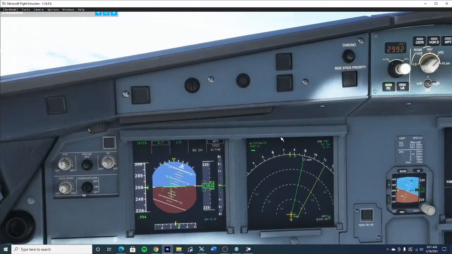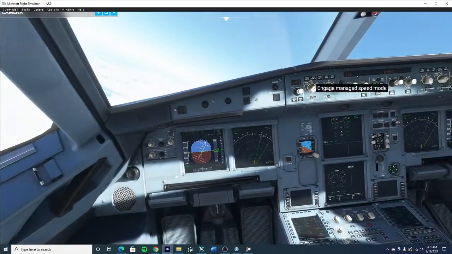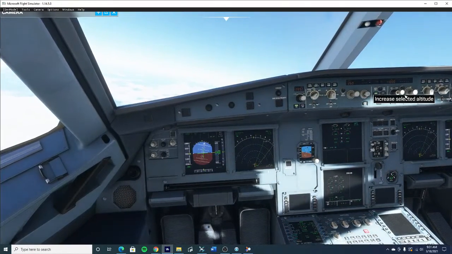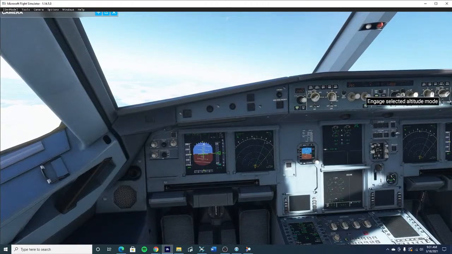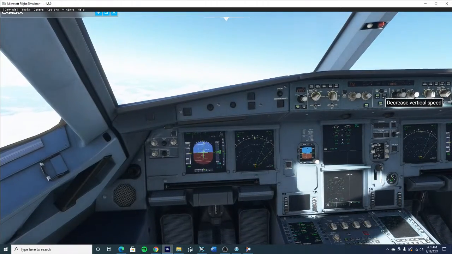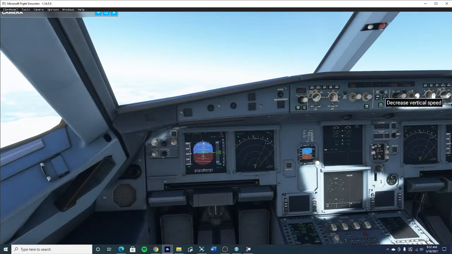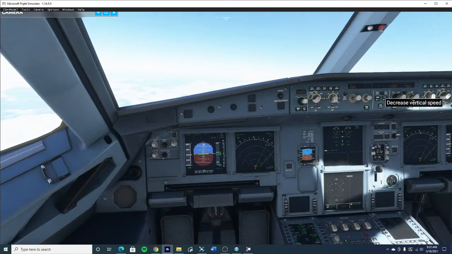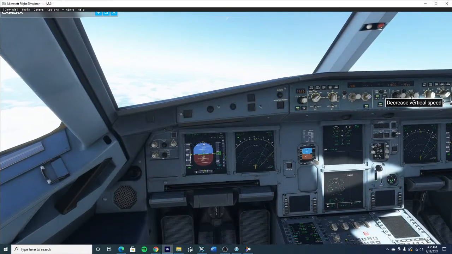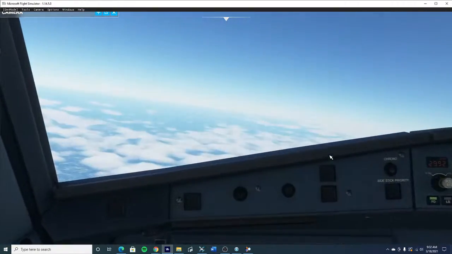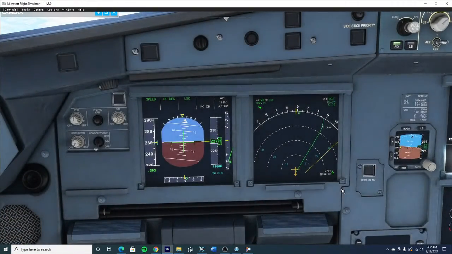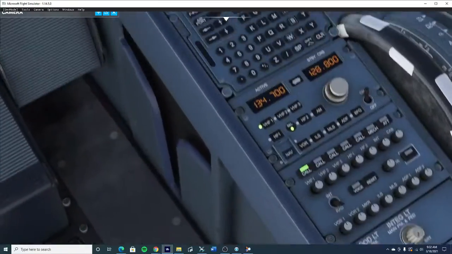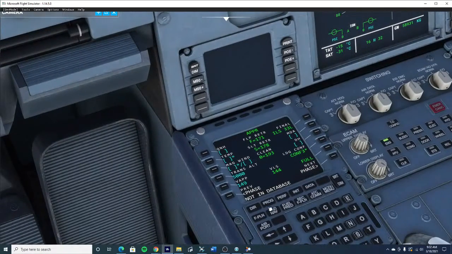Delta 627, proceed direct to Page. Direct to Page, Delta 627. Welcome to Portland, taxi out for the grid. American 240, Boston, saying hello, climb maintain level 360. 360,